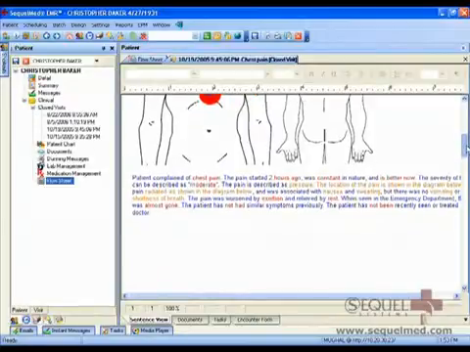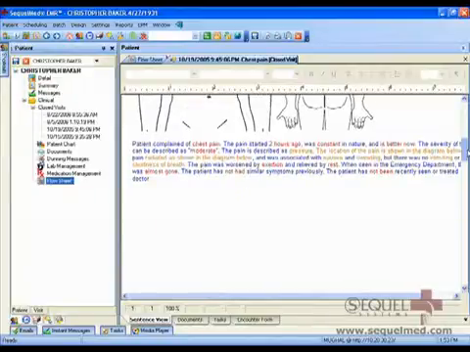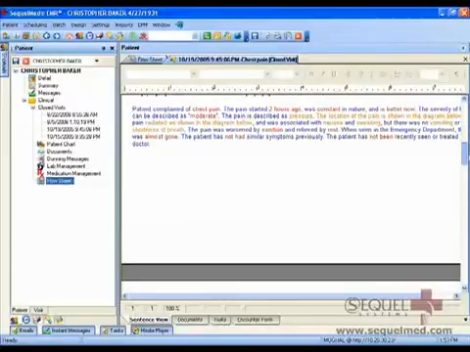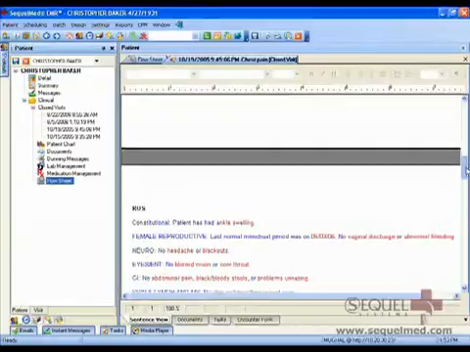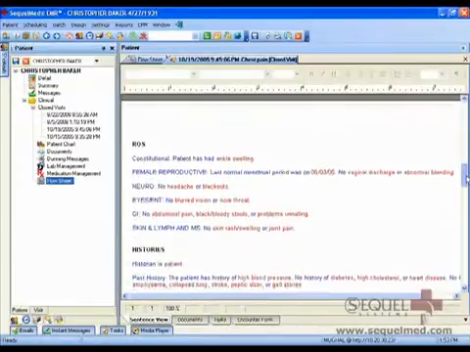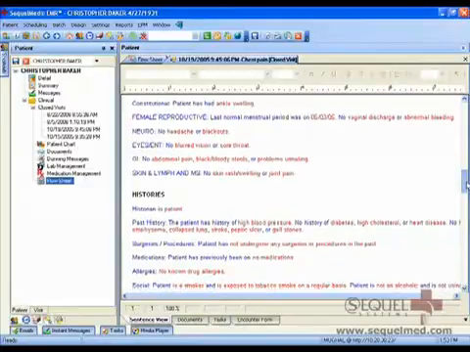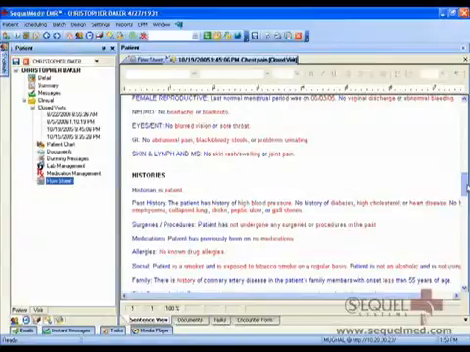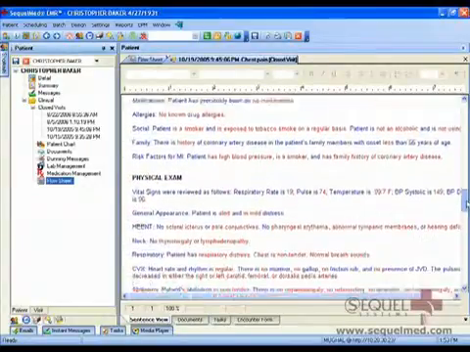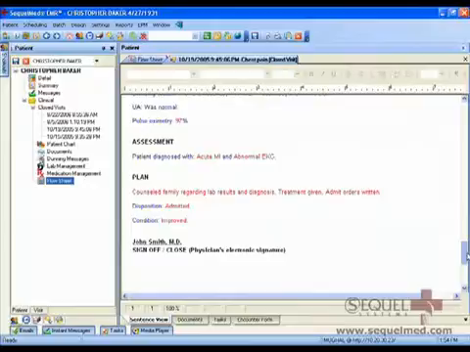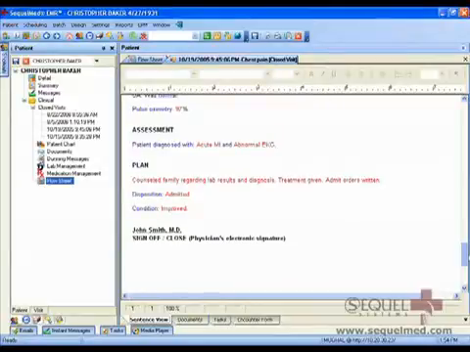Ignore the red and blue notation of the writing, because that just shows what was written as a predefined sentence and what was entered as an answer value. So as I scroll through the whole note, you notice that this is a complete progress note that was a result of the whole documentation that we did, which then can be further used as a consult letter or a referral letter or a full progress note to be printed out with the complete electronic signature at the bottom. Everything from the vital signs to history to review of system, physical exam, assessment, and plan, everything is completely documented in the